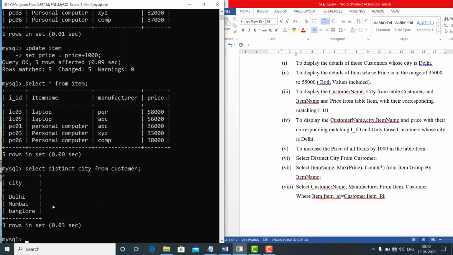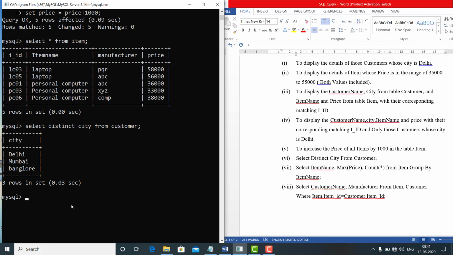So you will first find the output yourself, and after that you will check it by running the queries. Clear? First you perform the operation and find the output yourself, then you run the query in your system and check your output. You will follow this process for this type of query.